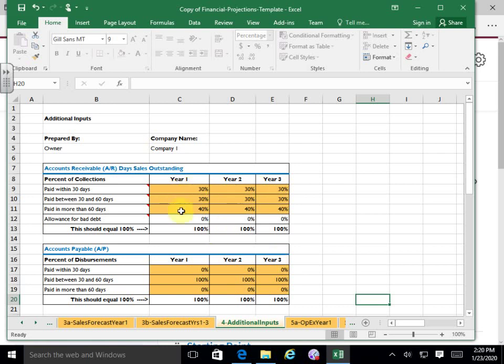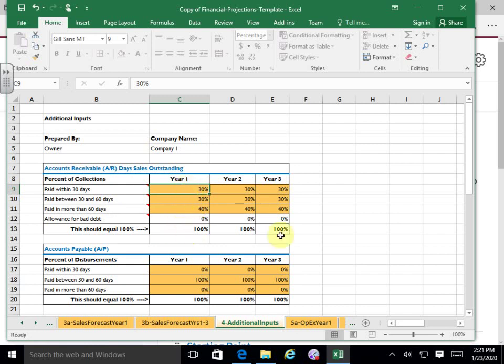They've got some default numbers in here, and again, this really depends on your type of business. So, company 1, accounts receivable, paid within 30 days. Let's see. You're thinking of having a pizza place. How many people, Desmond, are going to pay you when they come in and get their pizza? Just about all of them. Okay. So you're probably going to have very little accounts receivable. You're going to get like 100% payment within the first 30 days, obviously, because you're going to get paid right away. So you're going to change these.